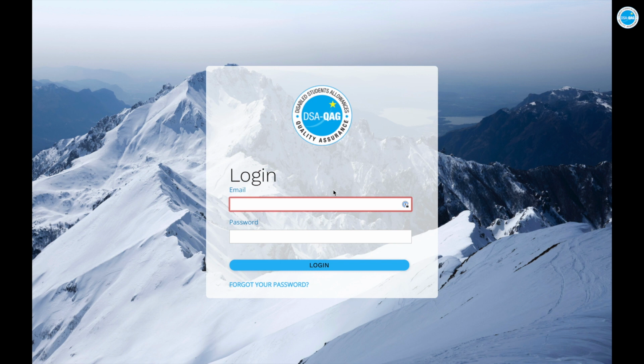To access the website and log into the NAR Online system, please go to www.naronline.dsa-qag.org.uk, where you will be presented with this login screen. To log in, enter your user-designated email address and password provided by your system administrator, who is normally your centre manager. If you forget the password provided, click on Forgot Your Password, where you'll be taken to